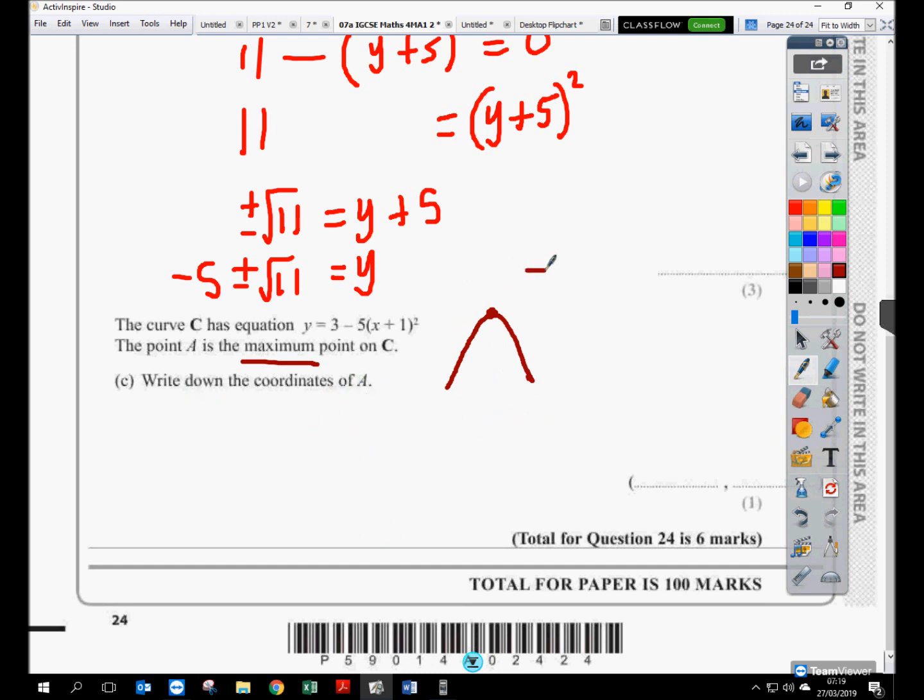So what they're asking for essentially is the turning point. Okay, what's the turning point? The turning point is the number in the bracket with the opposite sign, the x coordinate, and the number on the outside with the same sign. Now, it's just 3. What the -5 does is it stretches it, but it doesn't affect the turning point. Okay? So it's just this. This is the translation part of it. There's 3 of them. This is a stretch to